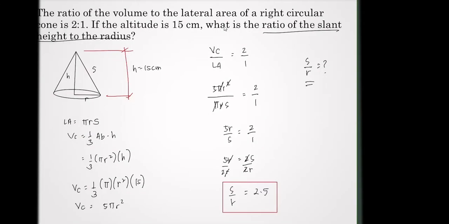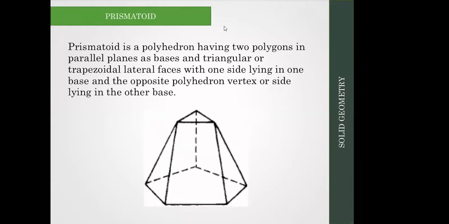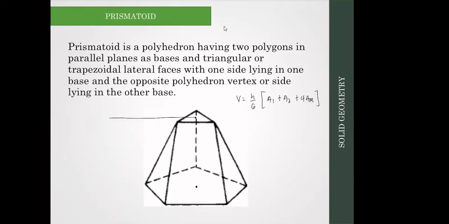Okay, let's go back to the prismatoid. I should have discussed the prismatoid. For the prismatoid, we have a formula for its volume. The volume of the prismatoid is equal to h over 6 times (A1 plus A2 plus 4Am). What are those variables? The h is the distance between our bases, our height. A1 is the area of base 1. A2 is the area of base 2. And Am is the middle part of the